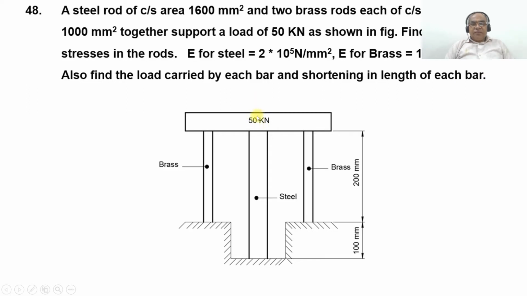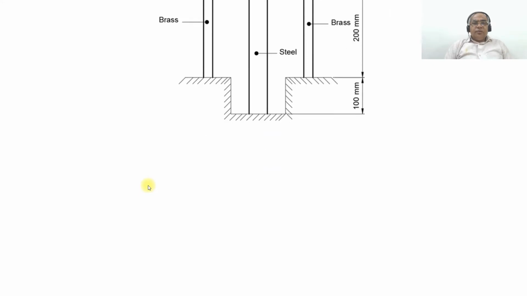Since the load is applied from the top and the bearing area is at the bottom, the top surface of the brass rods is placed beneath the 50 kilonewton load. Naturally, since the compressive load is applied from the top, you are going to get shortening in length of each bar. The length of the brass rod is 200 mm and the length of the steel rod is 300 mm. So first we will go for